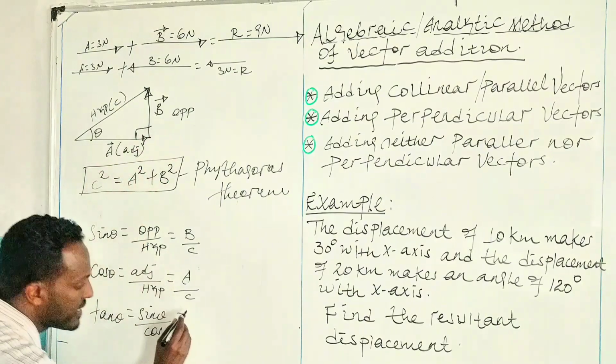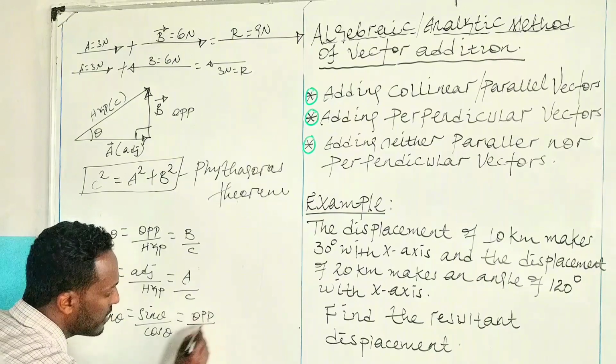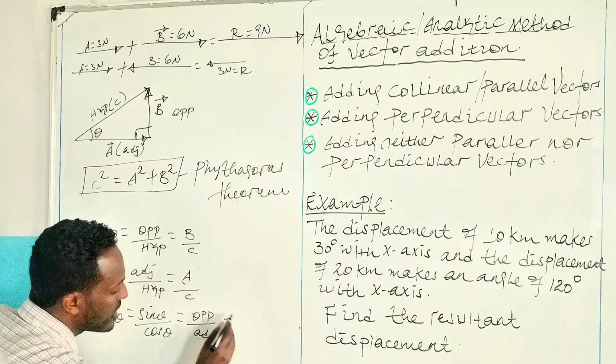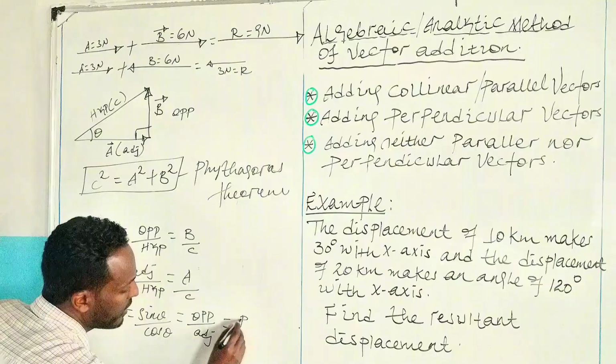Opposite side over adjacent side, which is the same as the opposite side, which is vector B, magnitude of vector